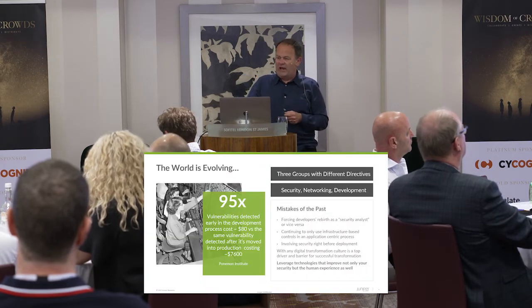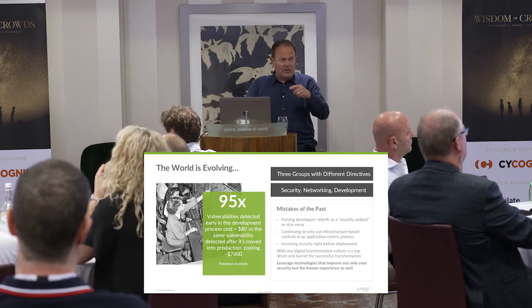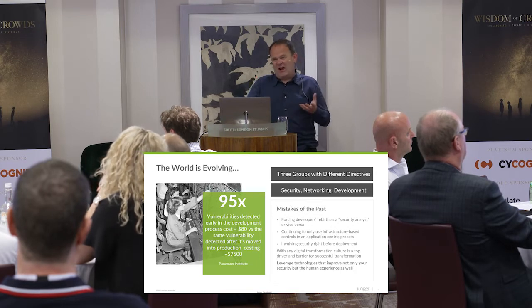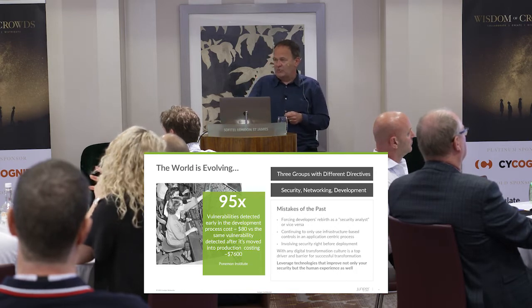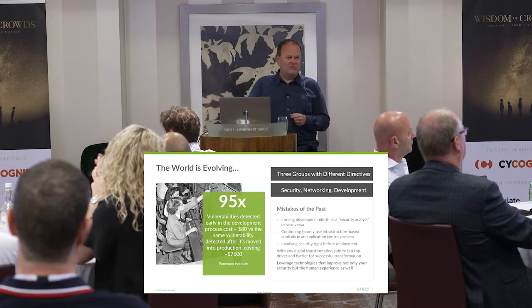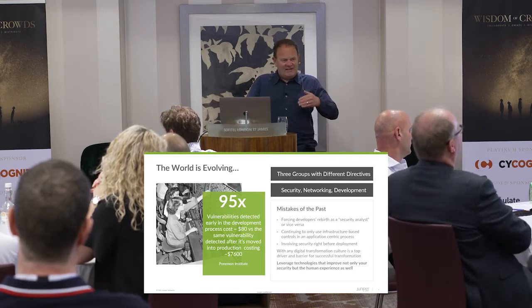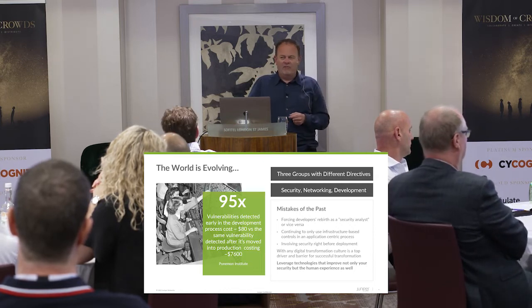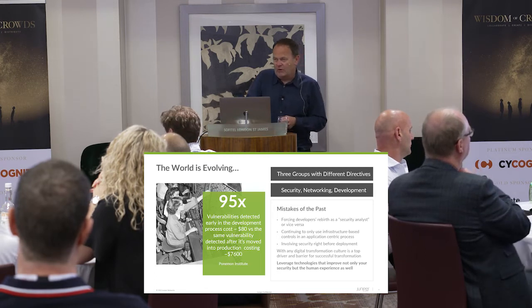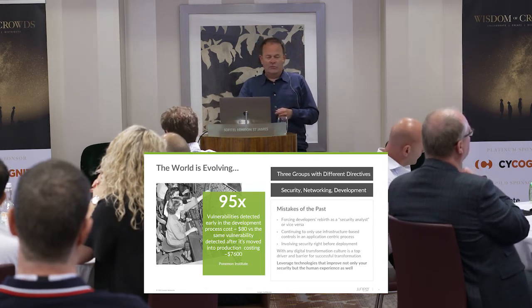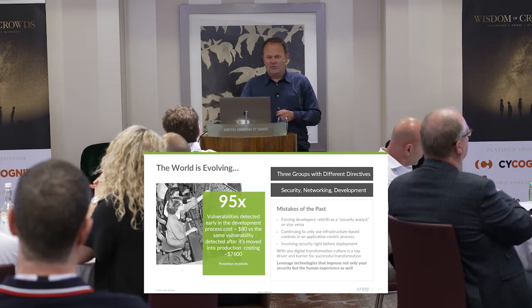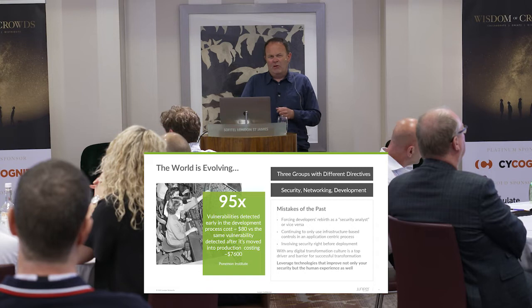And if you look at the stat on the left here, vulnerabilities that are actually discovered during the development cycles of anything that's happening, the average, this is an average that Pwn1 have reported, is about $80 to actually resolve that and fix that. Whereas if you wait till that's rolled out, suddenly that jumps to closer to $8,000. That's a huge pickup, 95 times it says at the top. But of course, there's never just one vulnerability when something's rolled out. You know, vulnerability isn't always a bad thing, it's a weak spot, and if you roll out a new product, the likelihood is there's multiple. So that's multiple of this 8,000 that are going to get rolled out, which 80 would be a lot better to deal with, I think.